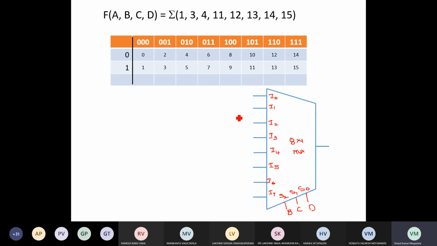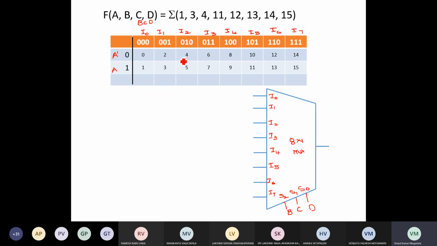So this can also be done by using this method, right? So here we will take B, C, D. Now this one is A prime and this is A, this is A prime and this is A.